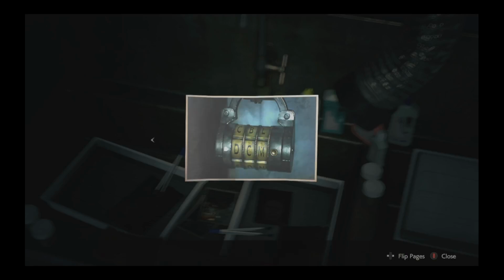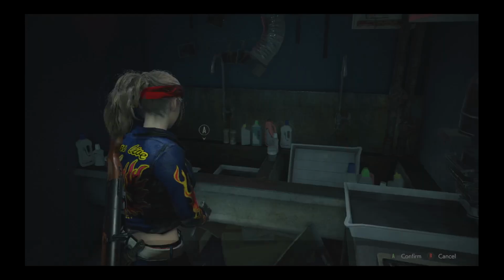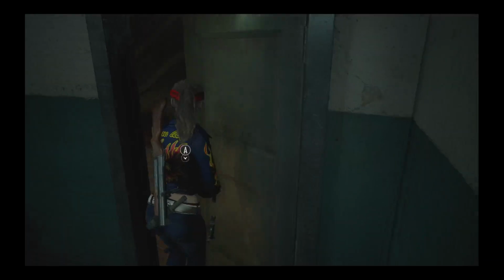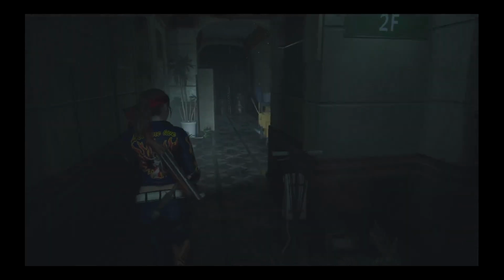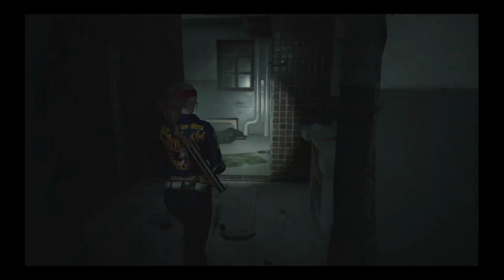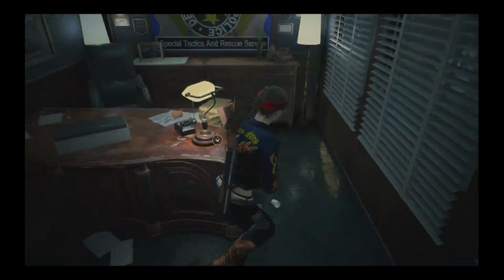So that's how you get the combinations of the third floor locker. Hiding place: Wesker's desk and another desk somewhere else. Alright, so let's head to the STARS office first, since it's the closest. Alright, so now we can check Wesker's desk